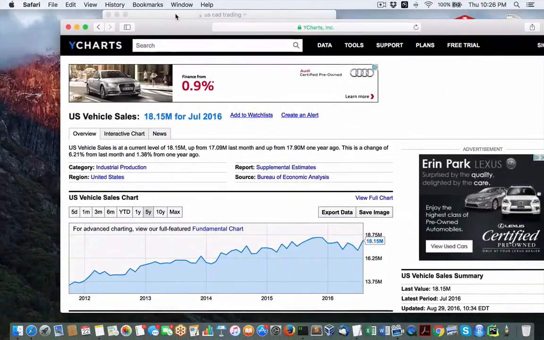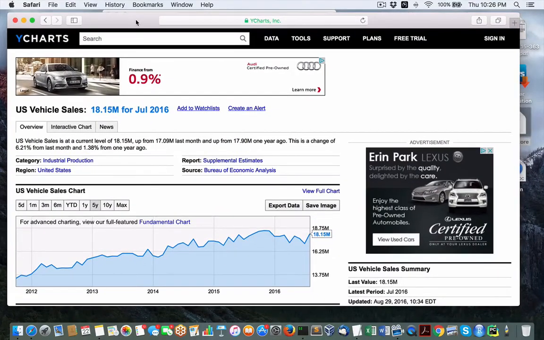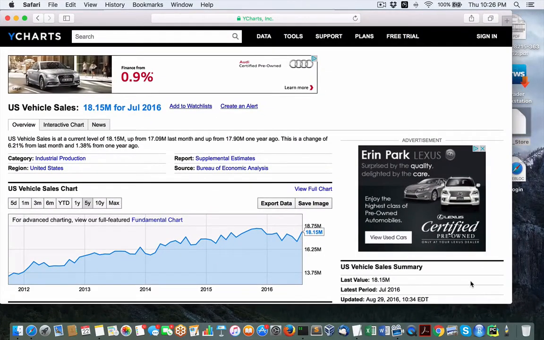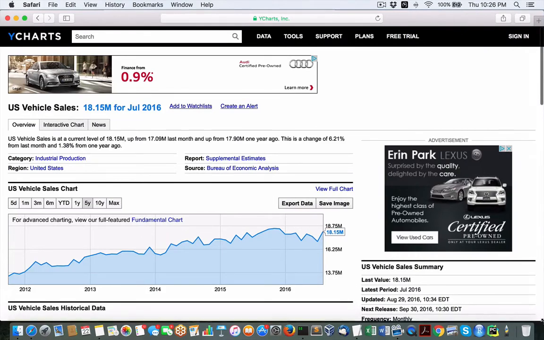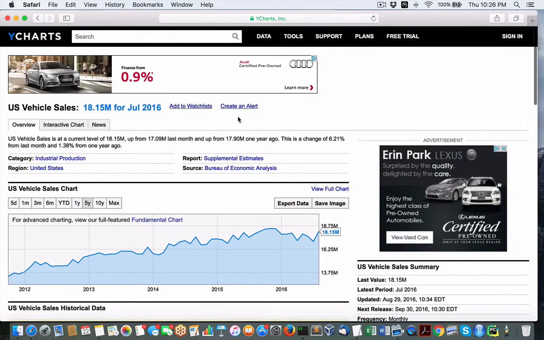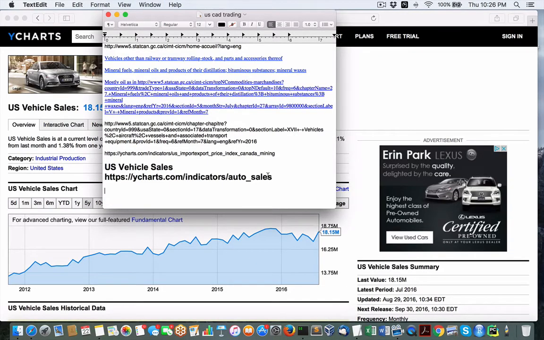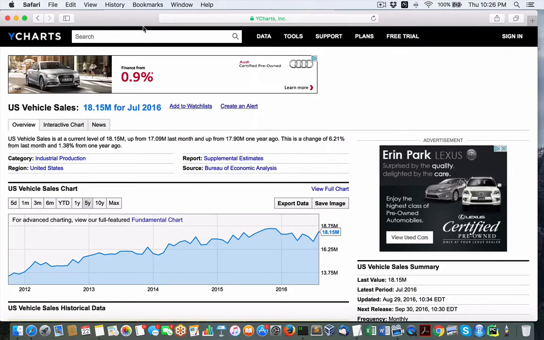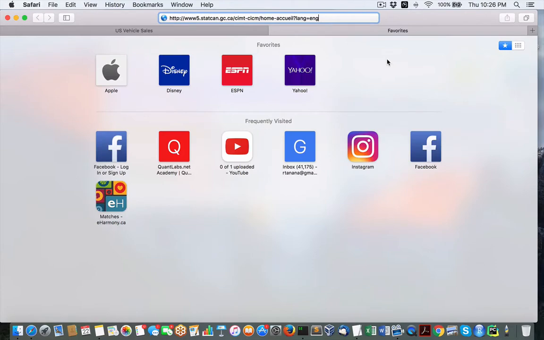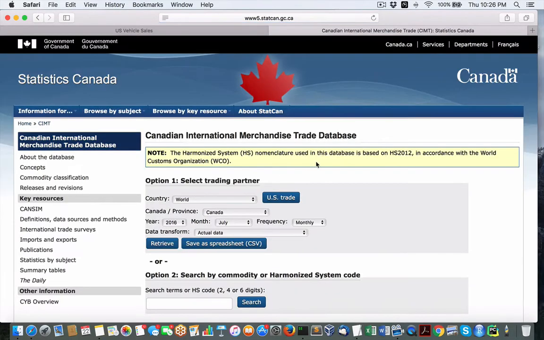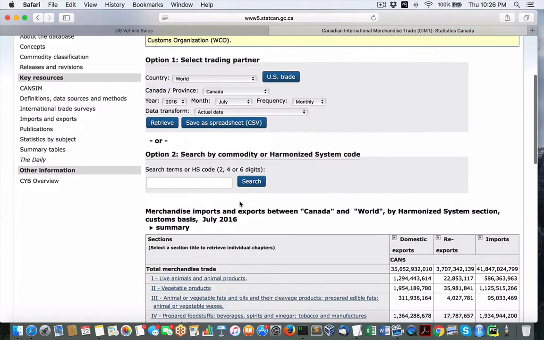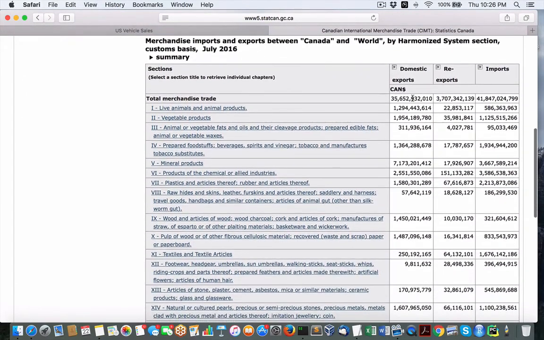Just wanted to go over with you a set of criteria to find out the relationship of trading commodities and other products between two countries. In my case, I'm looking at the US and Canada with the US dollar being the base currency. So what I've done was I went to StatsCan, which is part of this government statistical analysis of Canada, the federal government. And at this particular link here, what you can find is the products of the entire